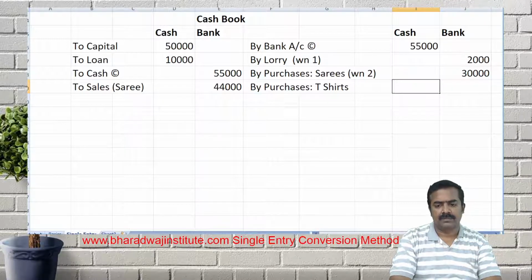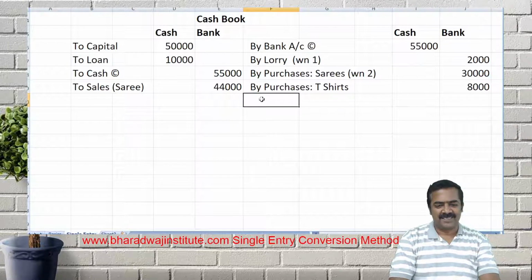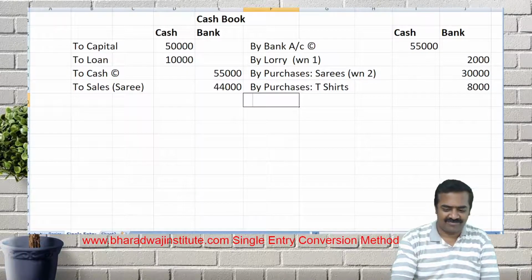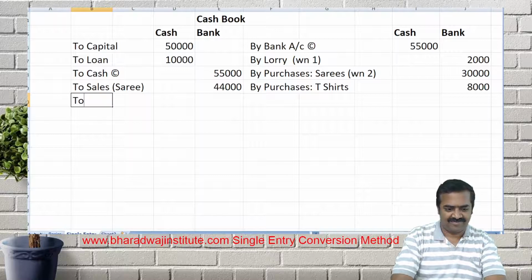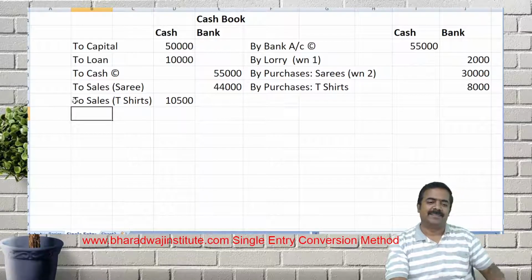Bank. Okay. Then, next. Sales. Cash sales 10,000 for t-shirts. 10,000. 500. Then